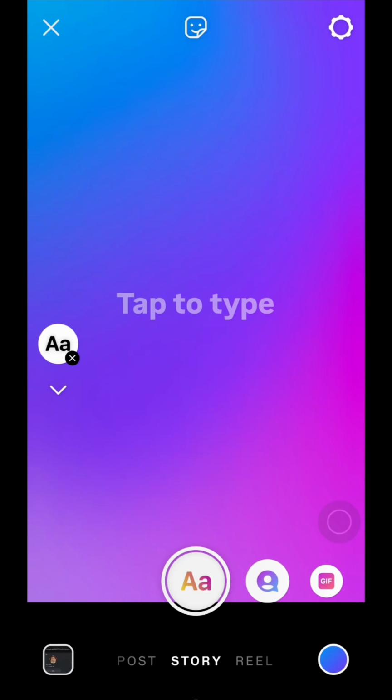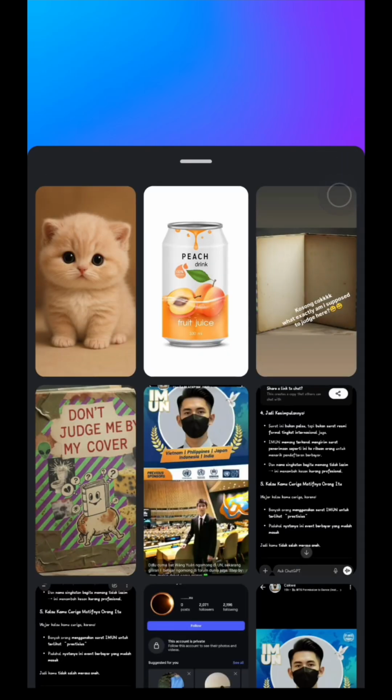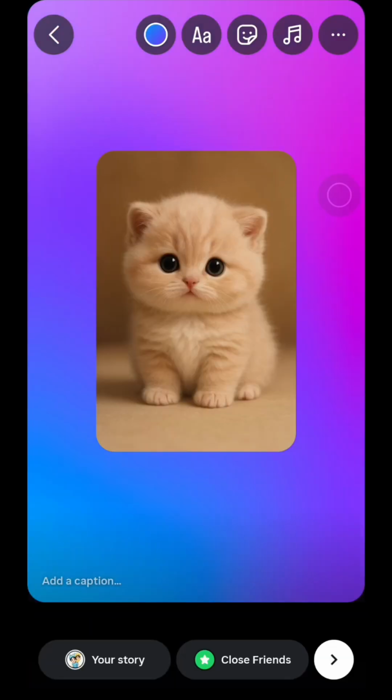And then once you're happy with the background, just tap on the sticker icon at the top of the screen like this, and then just choose add photo or photo, this one, and then choose the photo that you want to add. You can tap like this, and then